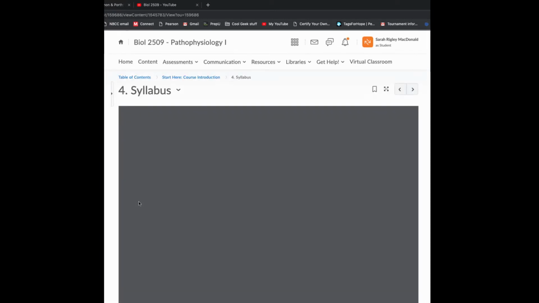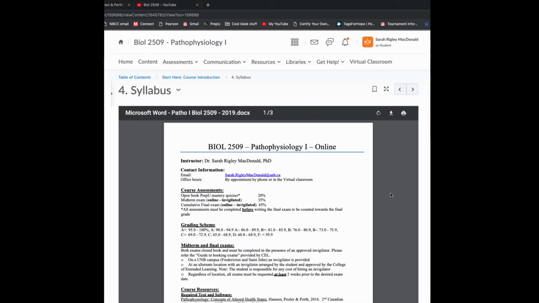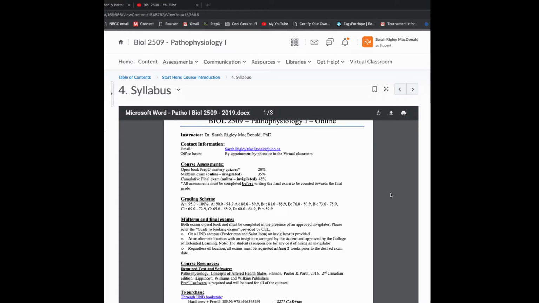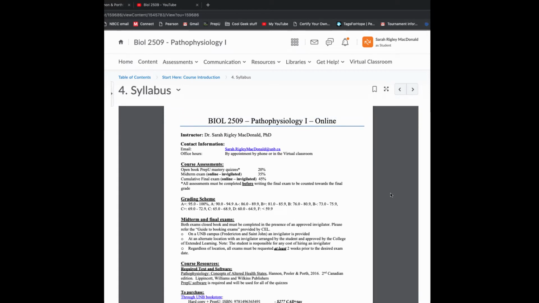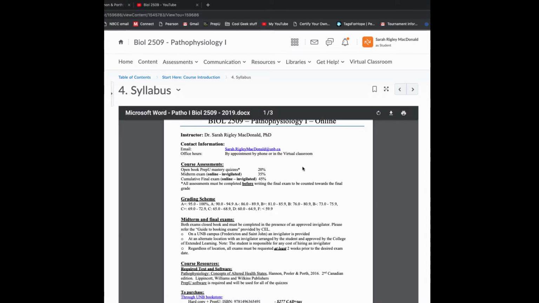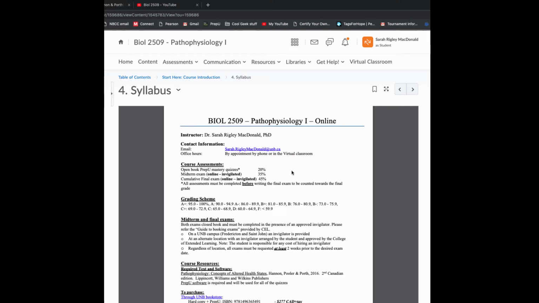With the syllabus, I really encourage you to read this and read it very closely. What you're going to see here is all the really basic information for the course. So there's my name, my email address. You can click on that and email me. The course assessments, everyone always wants to know what components of the course are going to make up their mark. So there are open book PrepU mastery quizzes, and we'll talk about those a little bit more in a minute. Your midterm and final exams are both online, closed book, and invigilated,